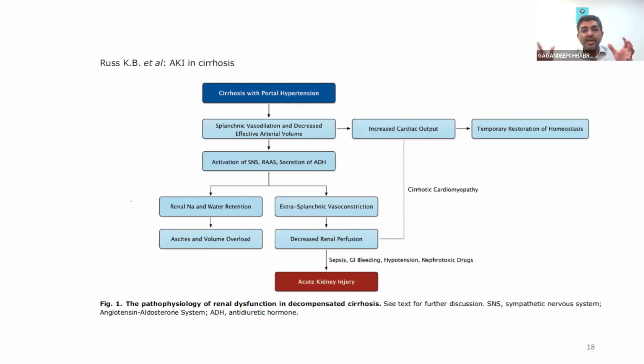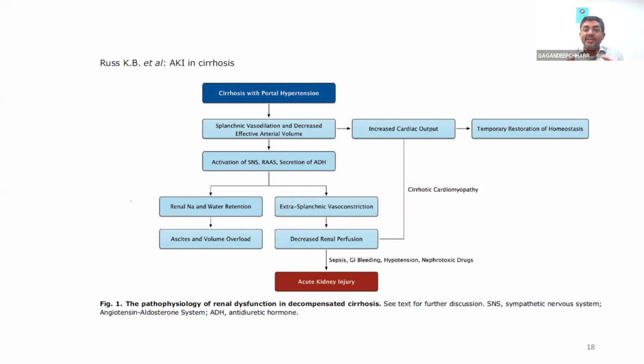We have cirrhosis with portal hypertension. We have splanchnic vasodilatation and decreased effective arterial volume. Now, this decrease in effective arterial volume leads to increased cardiac output and a type of hyperdynamic circulation, which sometimes restores the balance. And then secondarily, there is also activation of vasoconstrictor systems like the RAS, secretion of ADH, and sympathetic nervous system activation, leading to sodium and water retention, leading to development of ascites, fluid overload,